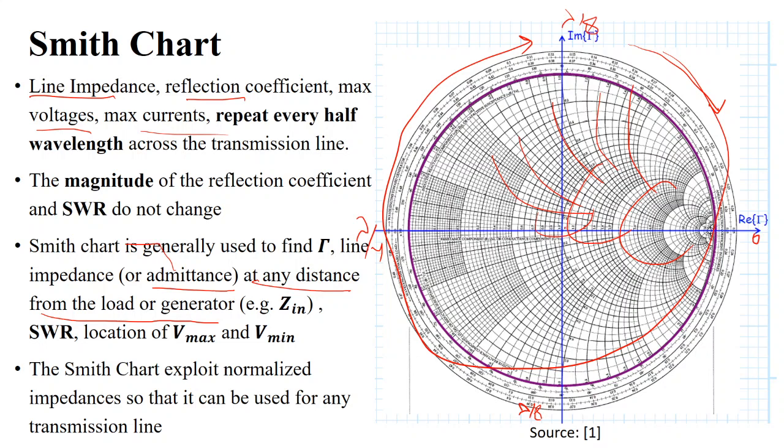If you know the distance, you can find this. First you find the load. For example, you have this point here and you find the length, and accordingly you move on this circle and get this point, and there you can again find the reflection coefficient and so on. So Smith charts provide a normalized impedance so that it can be used for any transmission line. I stop here. These are the basic fundamentals of a Smith chart. In the next class, we will see how we can use the Smith chart to find the different values, and how you can exploit the Smith chart.